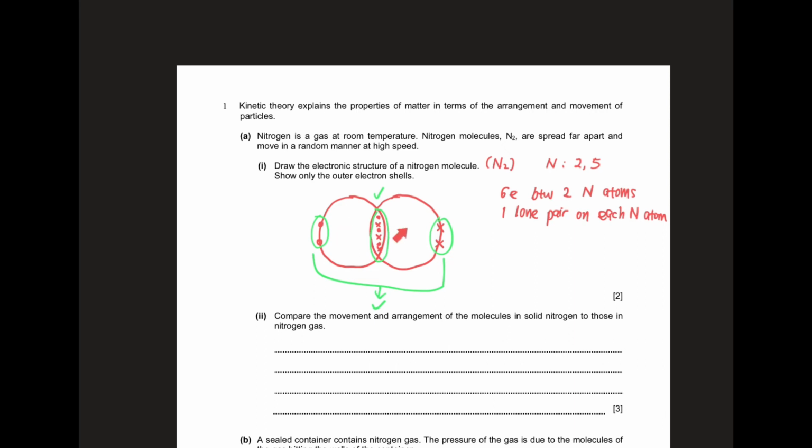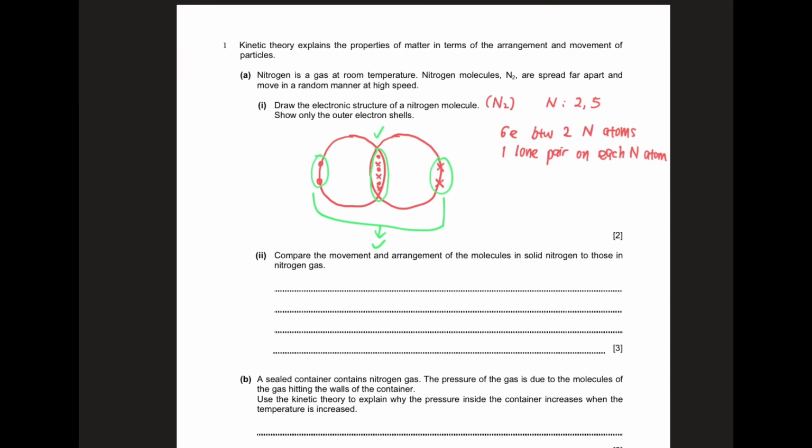Okay. Now let's see part 2. Compare the movement and arrangement of the molecule in solid nitrogen to those in nitrogen gas. Okay, so they give 3 marks. So when they give 3 marks, you should expect 3 pairs of comparison. For example, let's say for this, we can put it in